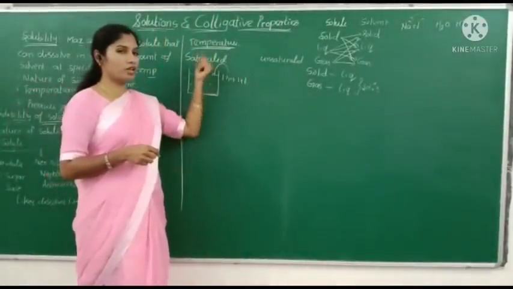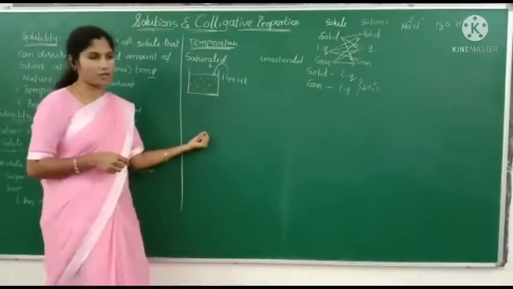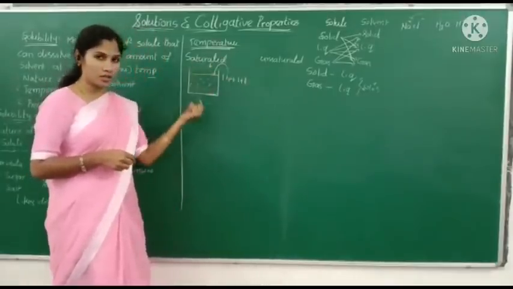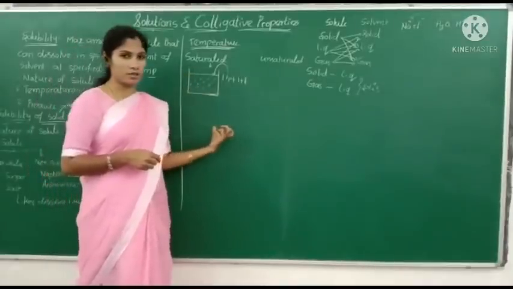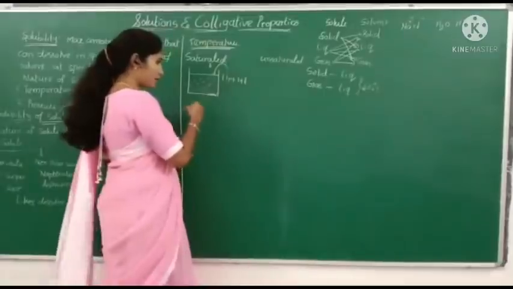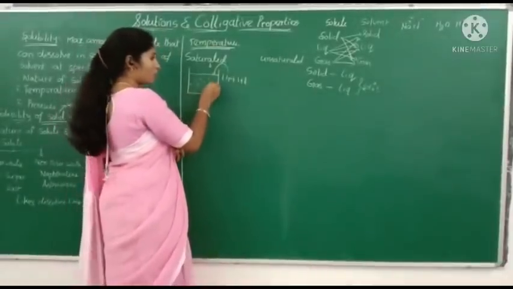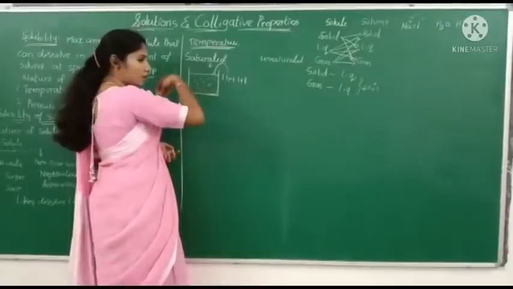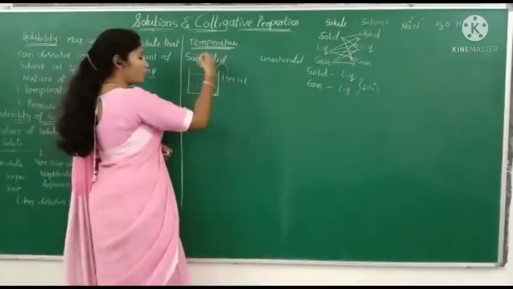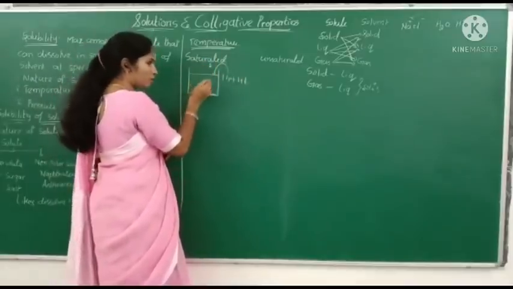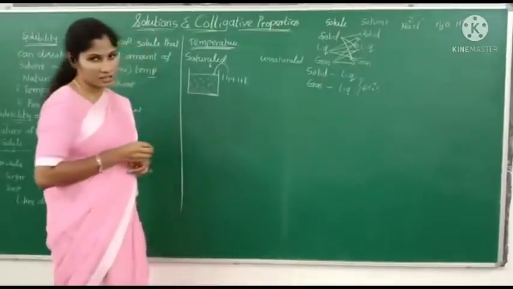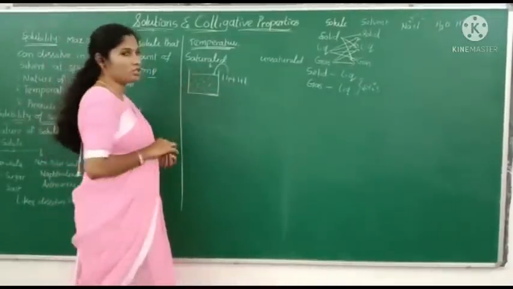Next add 1 more tablespoon of sugar to the same water or same solution. It can also dissolve. Take a 3rd spoon of sugar also, and it can dissolve. After the 4th one or the 5th one, whenever you repeat the same thing, the solution cannot take a further amount of sugar into it. That means the sugar cannot dissolve in the solution and it settles at the bottom of the container. That is called a saturated solution.